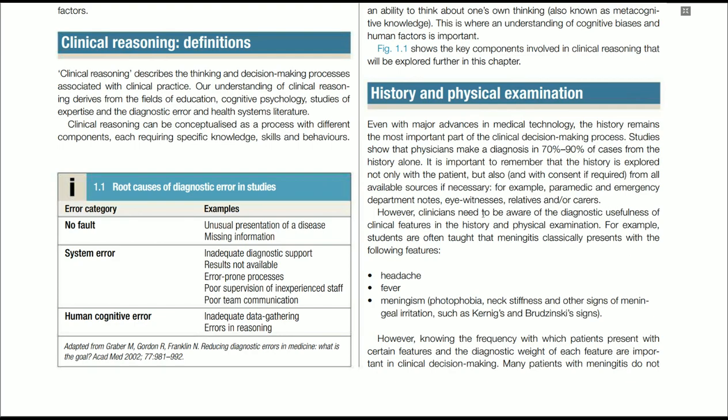However, clinicians need to be aware of the diagnostic usefulness of clinical features in the history and physical examination. For example, students are often taught that meningitis classically presents with the following features: headache, fever, meningism, photophobia, neck stiffness, and other signs of meningeal irritation such as Kernig's and Brudzinski's signs. However, knowing the frequency with which patients present with certain features and the diagnostic weight of each feature are important in clinical decision making. Many patients with meningitis do not